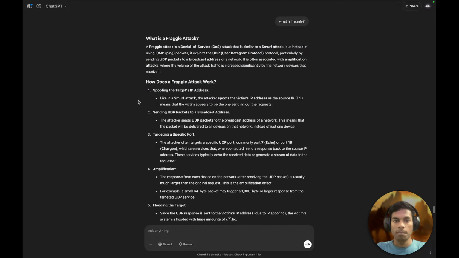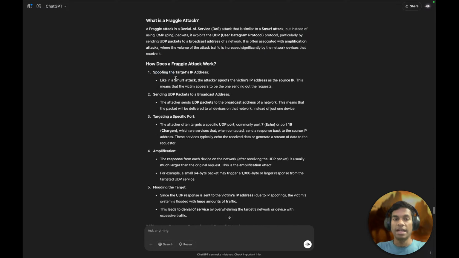Spoofing the target IP. Spoofing means pretending to be someone else. Like in a Smurf attack, the attacker spoofs the victim's IP address as the source IP. This means that the victim appears to be the one sending out requests, sending UDP packets to a broadcast address. The attacker sends UDP packets to the broadcast address of a network. This means that the packet will be delivered to all the devices on that network instead of just one device,